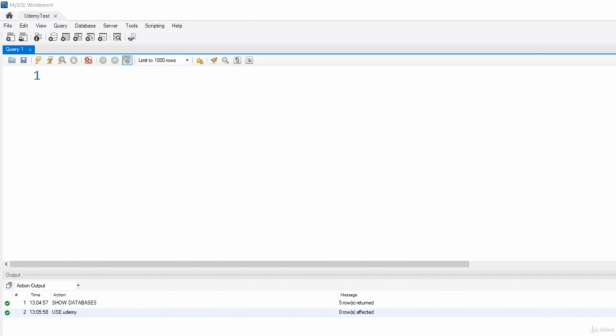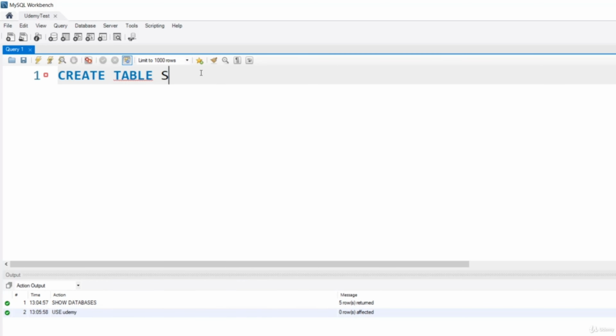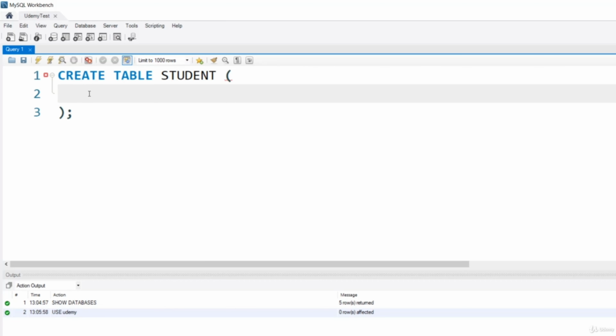In the previous lecture, we have been talking about how to create a database. We have been talking about how to use an underlying database. And in this lecture, we are going to talk about how to create a given table in that given database. So what do we have to do? We have to use the create table statement. Then of course we have to define the name of that given table. So for example, student. Then we can use multiple lines and spacing to make sure that it is human readable,